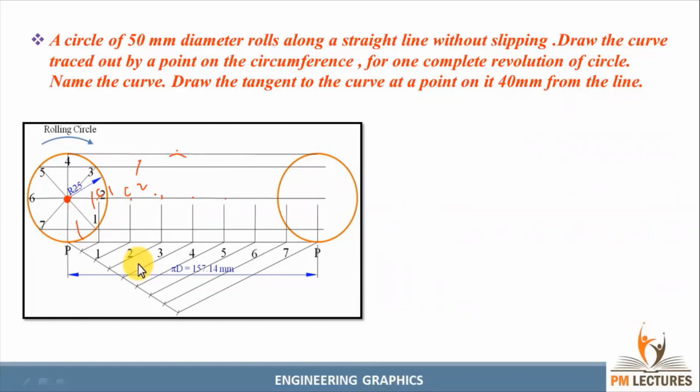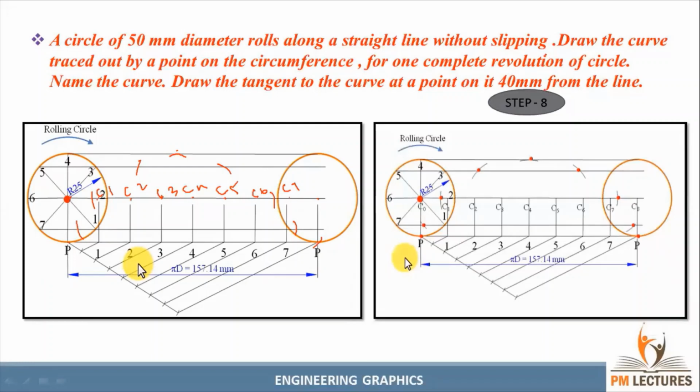From the 5th point, this is C3, C4, and this is C5. From here, make an arc on the 5th line, and this is the 6th. From here, with the same radius, we can make an arc on the 6th, and from C7, I will make an arc here, and C8 will meet here. Okay, it will look like this, guys. See here, it will be clearly visible for you. See each arc has a constant radius.